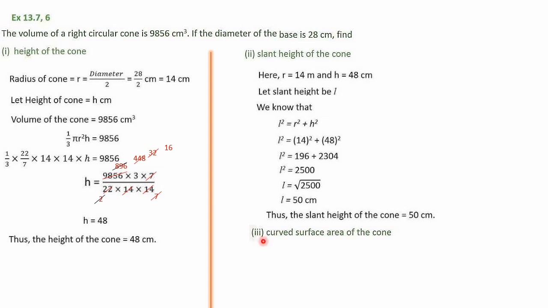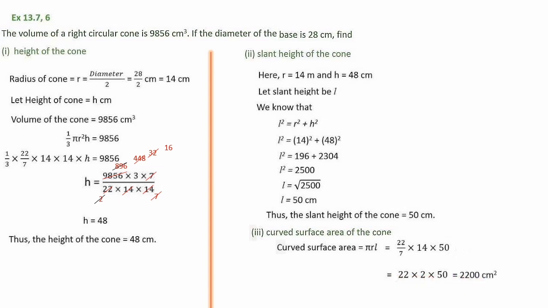Third one is the curved surface area of the cone we have to calculate. Curved surface area of the cone, we know the formula, pi r L. So pi r L we have to substitute, that is pi is 22 by 7 into radius. Radius we have calculated here, 14, into L. L we have got here, 50. Then here 7 and 14 we can cancel, 7 and 14, 2 times. So 22 into 2 into 50. Here you can see 2 into 50 you will get 100. 22 into 100, that is